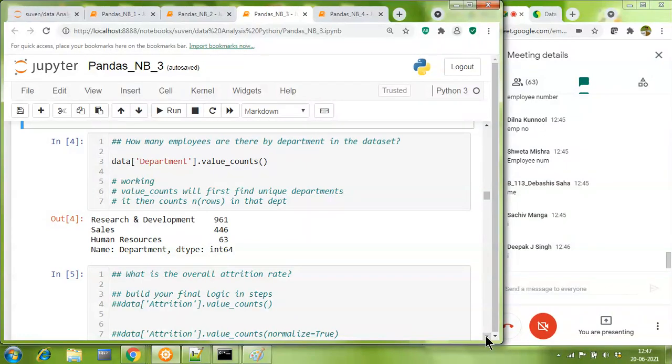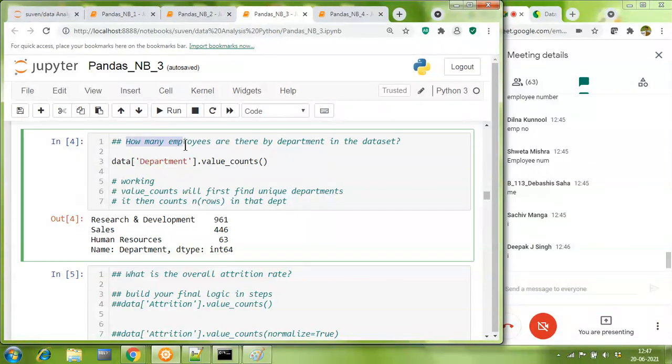Right. So, friends, now coming into problem solving. Let's look at the very first question. How many employees are there department wise in the data set? This can be super easy to solve by using the ready-made function called value_counts. I've taken my data frame, only one column called department, and then I have done value counts over it. That's it. When I do value counts over it, I come to know that in the research and development R&D department, 961 people are working. In the sales department, 446. HR, 63 people are working. So on and so forth.